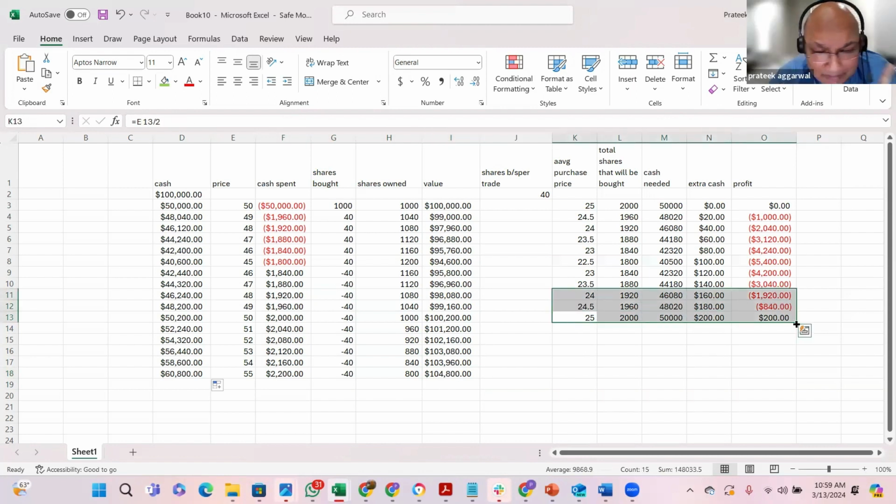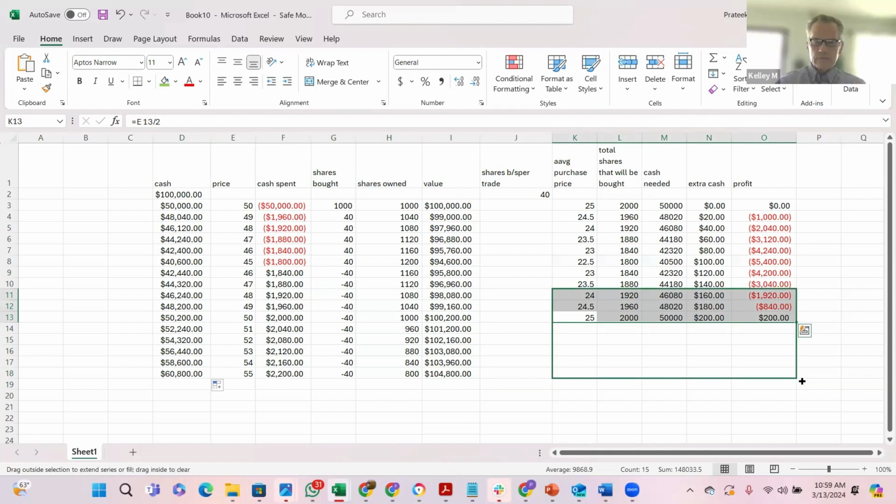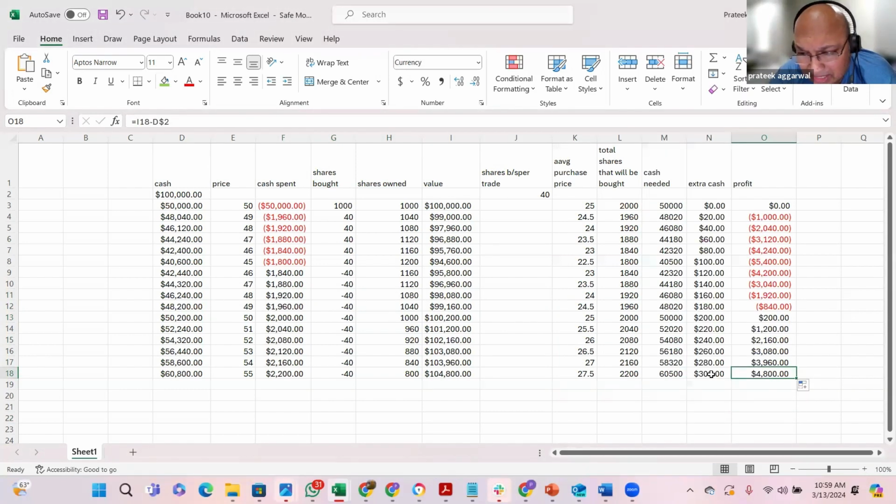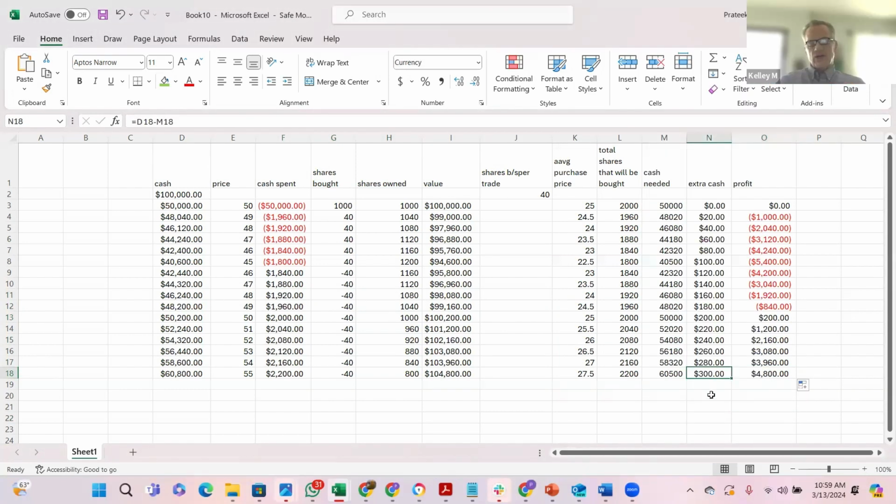No, no, no. That's why I'm doing this whole thing. It is not 4,800. 4,800 is the profit, but the extra cash is $300. So every time, whether it's a buy or a sell, no matter what the price is, no matter what is happening to the stock, for every trade I make an extra $20,